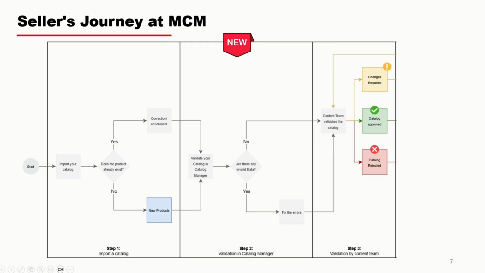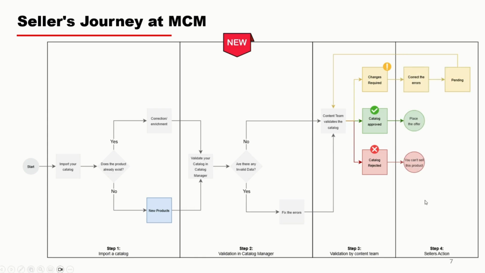Once your products are valid, they move on to the next stage, where our catalog team reviews them. At this point, the team may accept, reject, or request changes to the products. And finally, we arrive at step